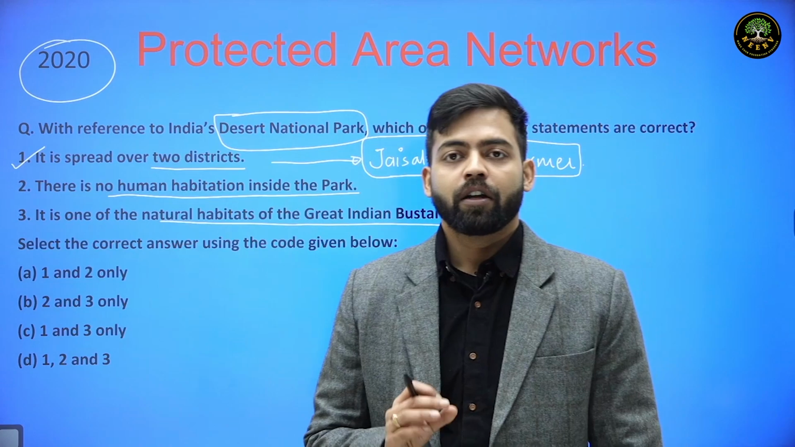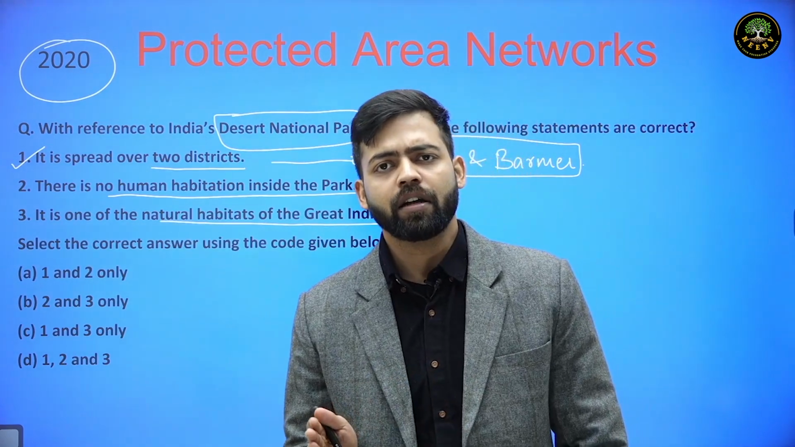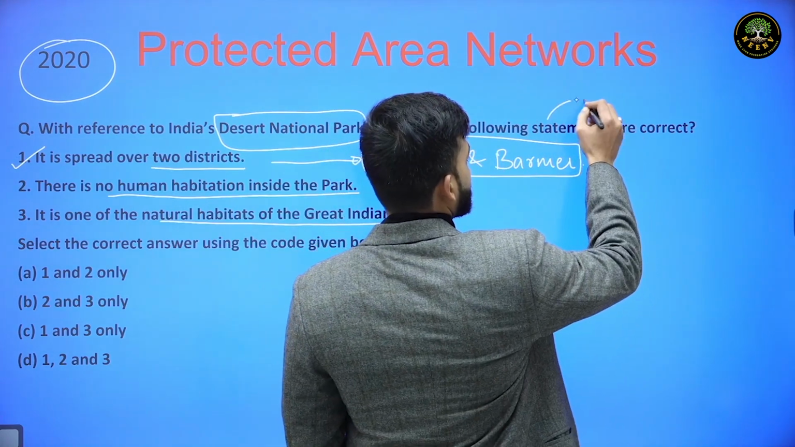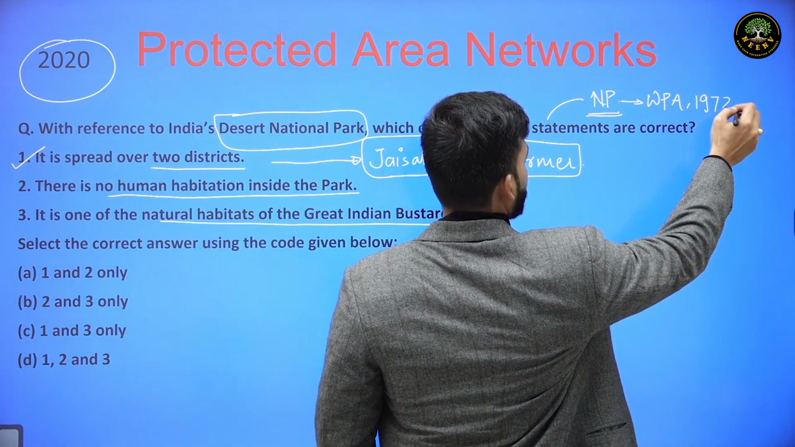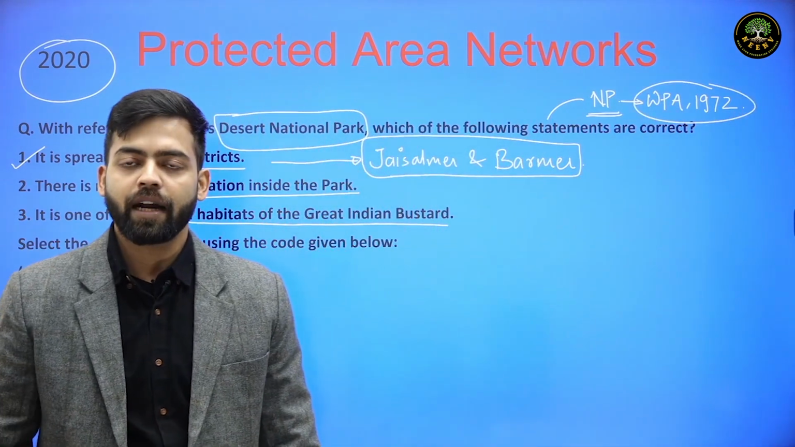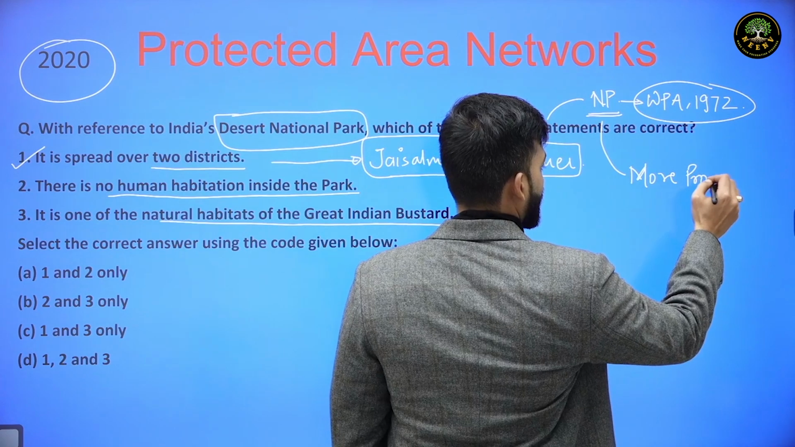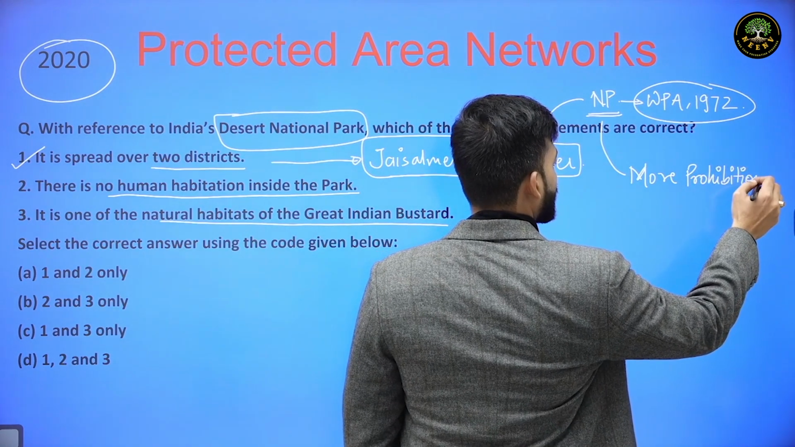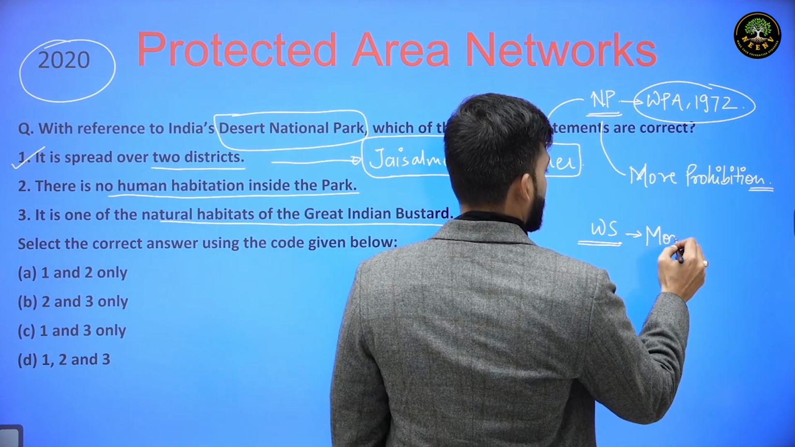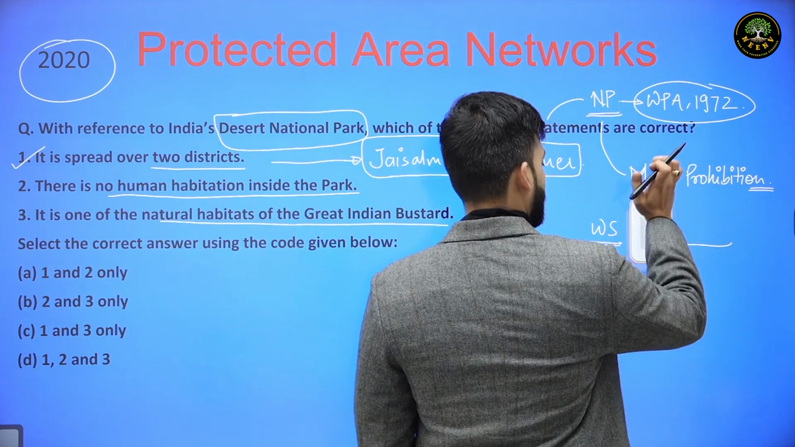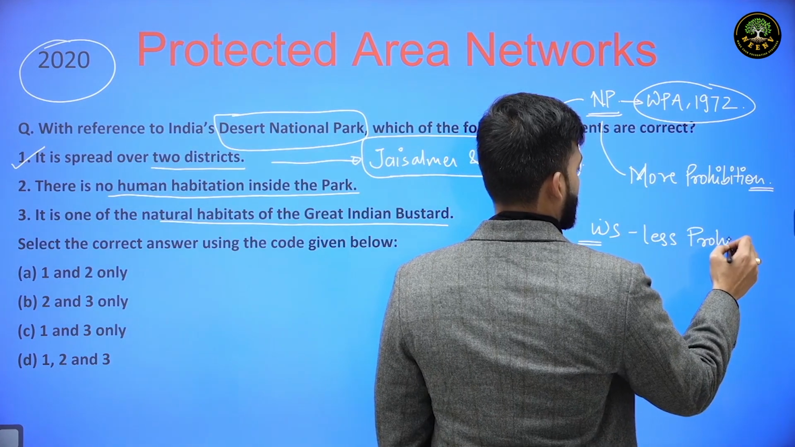If we consider national parks, normally no human habitation is allowed, not even human activities like grazing or agricultural activities like shifting agriculture in most of the national parks. National parks are protected areas designated under the Wildlife Protection Act 1972, as are wildlife sanctuaries. National parks have more prohibition or restriction as compared to wildlife sanctuaries. Wildlife sanctuaries have more relaxation and less prohibition as compared to national parks. So normally